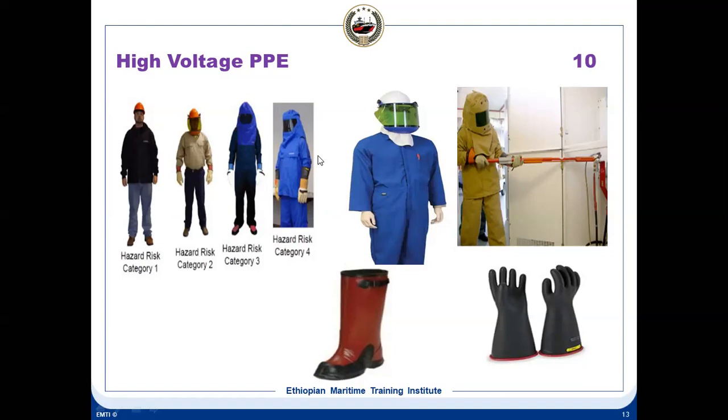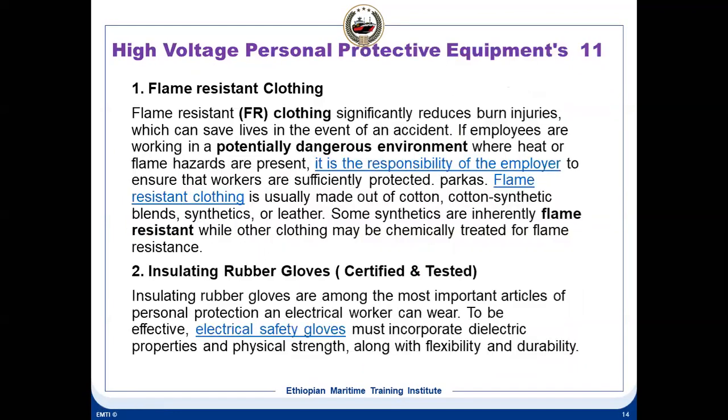You can see there are different fabrics, because this is 0 to 4, then this becomes 40. This is 4, 8, 12, 40. You see 40 has got a totally different PPE. Here it is a totally different PPE. Here is also different. So this risk category will specify what type of PPE we should use. Okay.